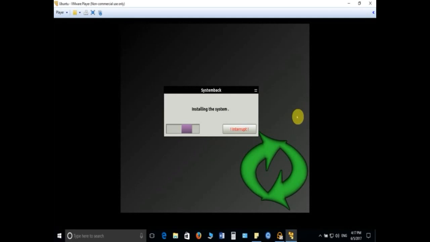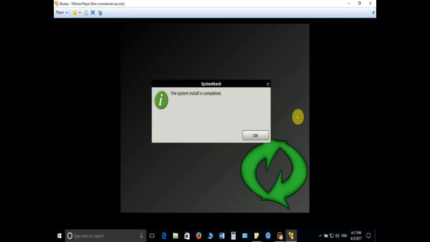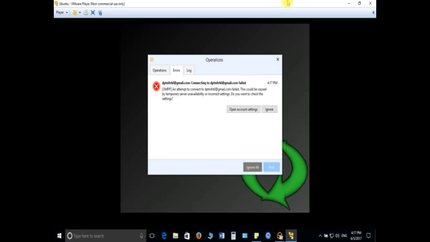Now here you can see that it is finally installing the system and finishing the installation. It may take another few seconds or few minutes to complete the installation by seeing this screen. So just wait and we'll have the next instruction or information from the system.